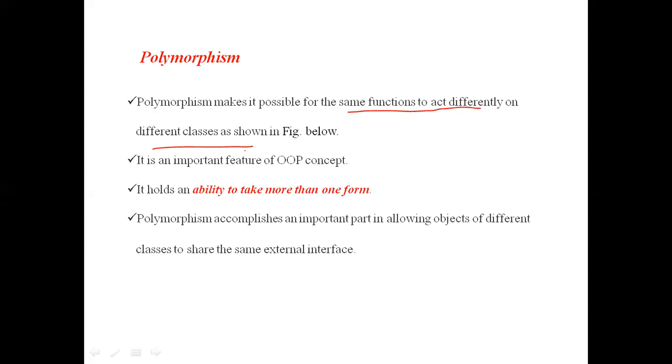Runtime polymorphism is also known as dynamic binding or late binding. Those are the two types of polymorphism available.